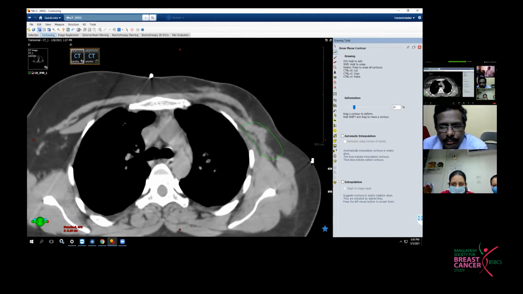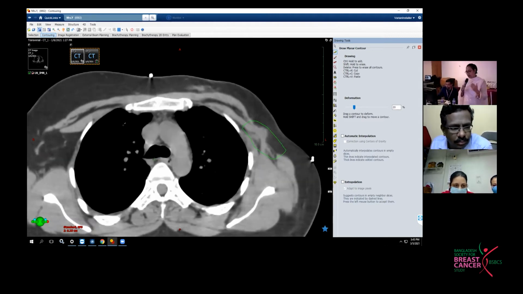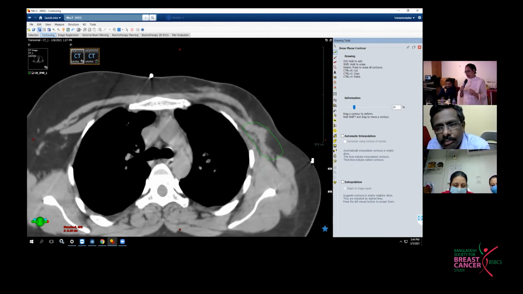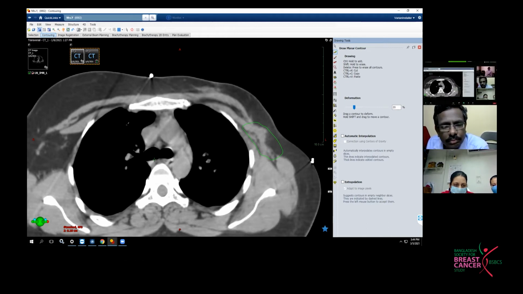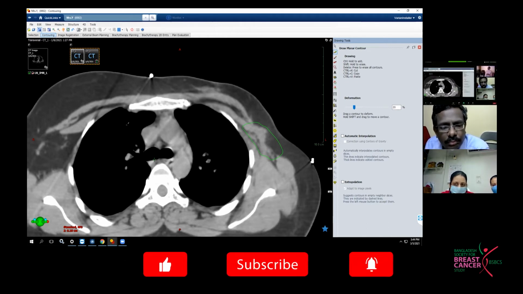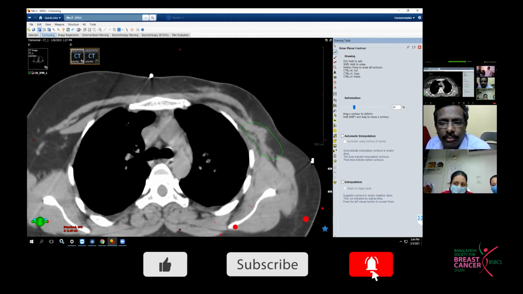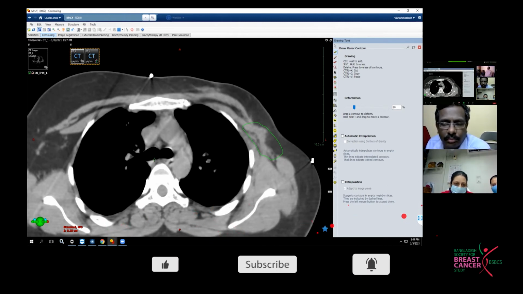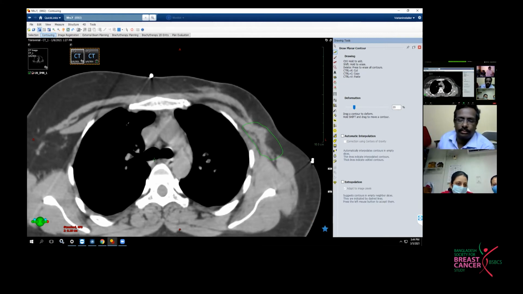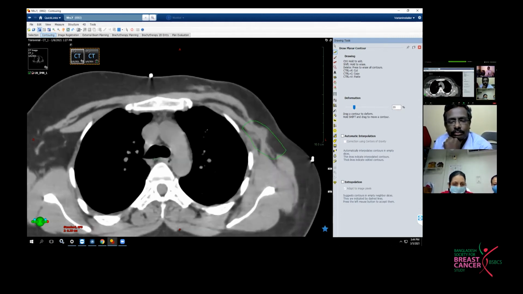So if we put bolus with hypofractionation, for what number of fractions do you add bolus? Full fraction? See, the use of bolus should not depend on the fractionation you are using. It has to be covered. I mean, 90 to 95% of the skin should be covered. Generally, most of the patients would be on Linac, so to avoid skin sparing, we generally put it for the full course of treatment.